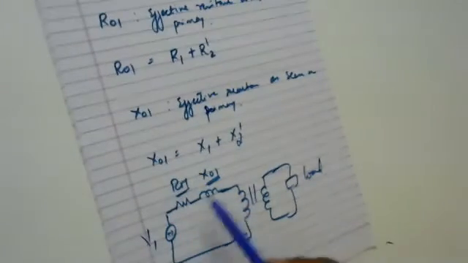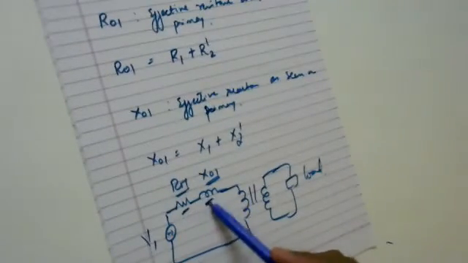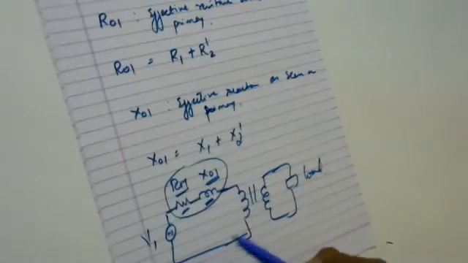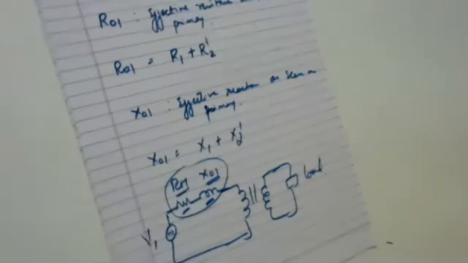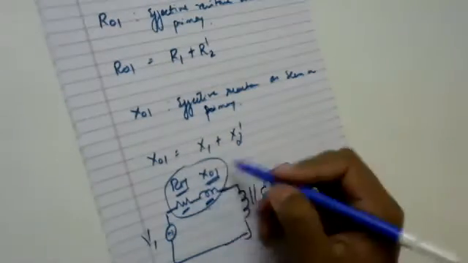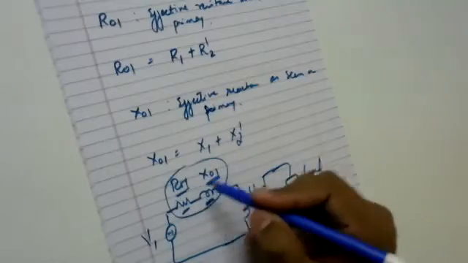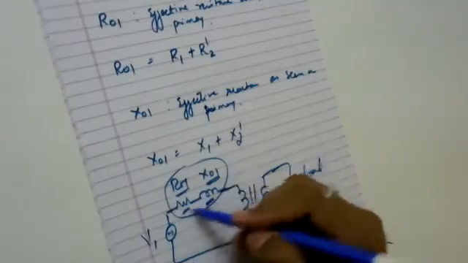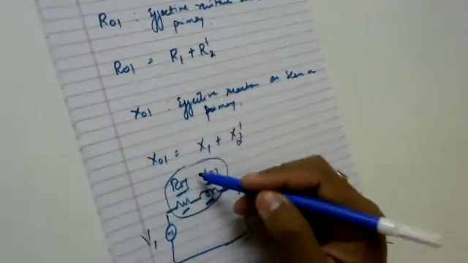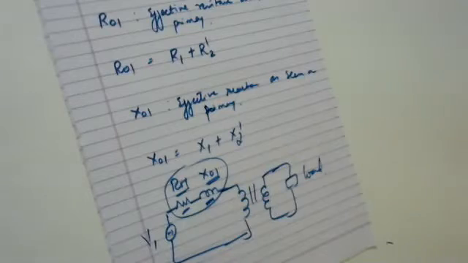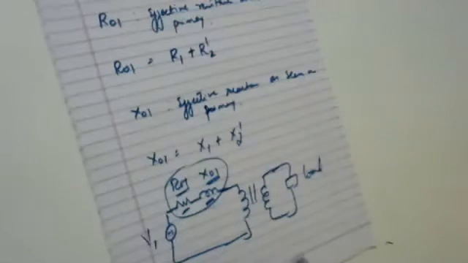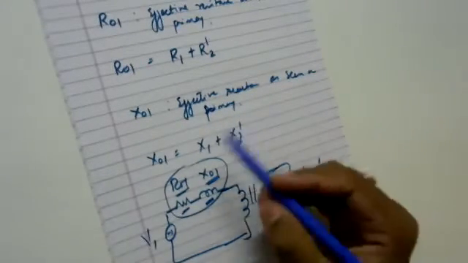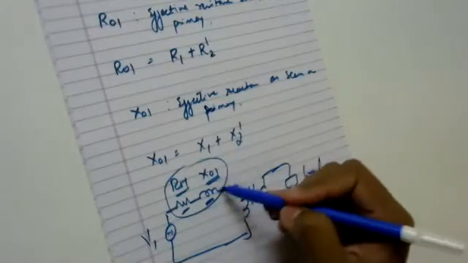Now, when I'm having the resistance and the reactance, what does this indicate? Effectively, what is this indicating? I'm having a resistance and I'm having a reactance. What is it that effectively it is indicating? Please answer in the group chat. I'm having a resistance in series with some reactance.